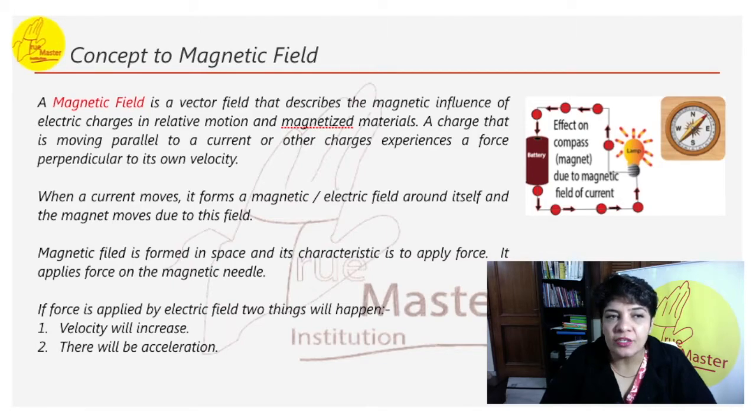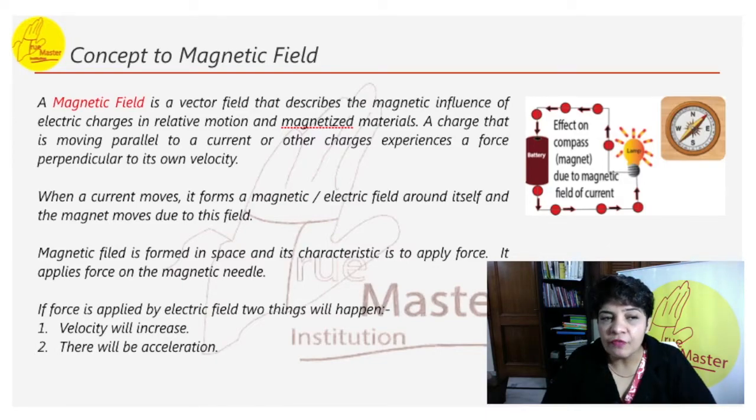A magnet attracts small pieces of iron, cobalt, nickel, etc. The space around a magnet within which its influence can be experienced is called a magnetic field, all the area where its effect can be felt. This is due to the force between electric charges in motion. So we get two statements: a moving charge, that is current, creates a magnetic field in the space surrounding it. So the current produces a magnetic field around itself.